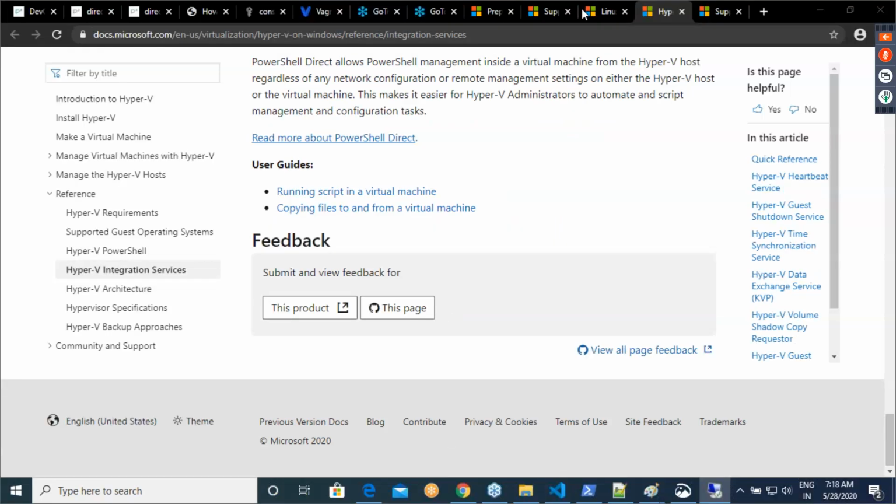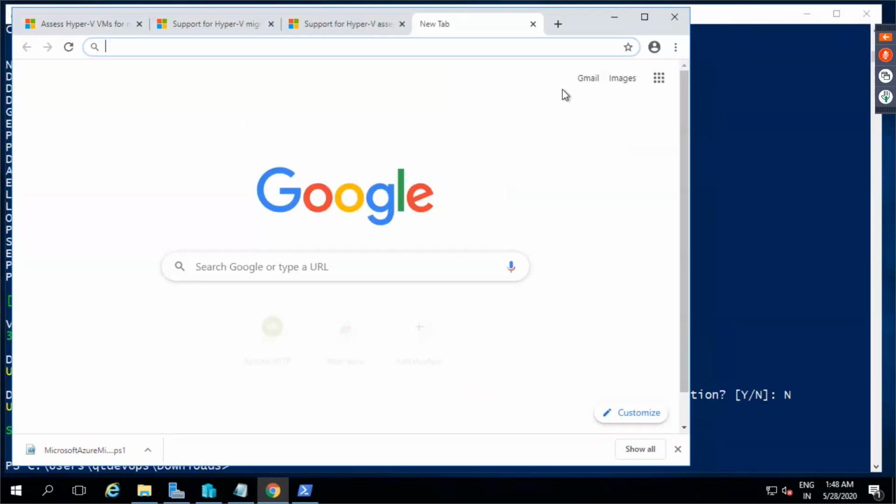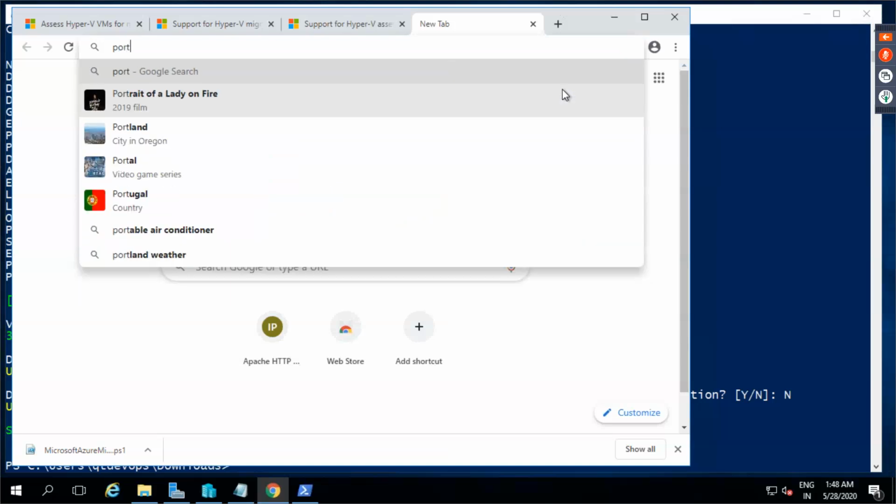But it would be better if I open my Azure portal in here, because I have to download that stuff from here.